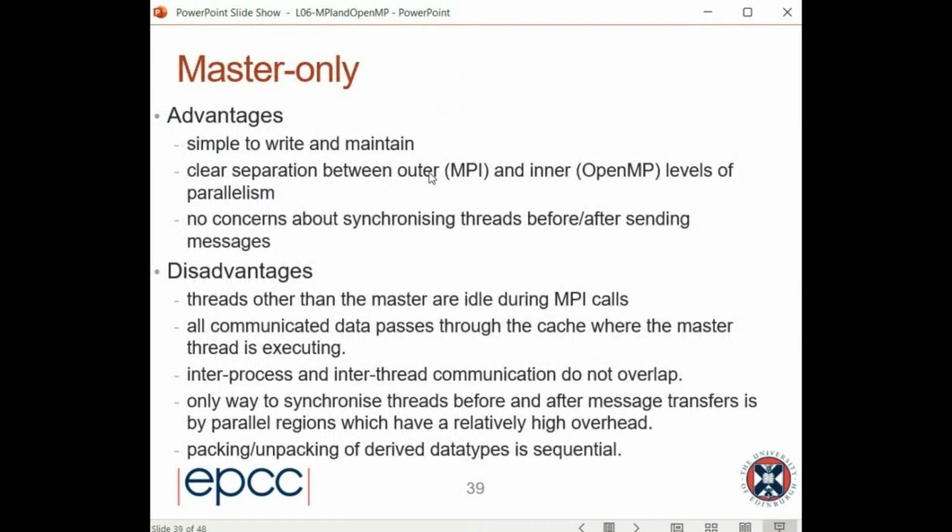So what are the advantages and what are the issues with these four styles of MPI and OpenMP programming? Well, clearly master-only is simpler to write and maintain. All you're doing is accelerating the calculation phase with threading. There's a clear separation between outer and inner levels of parallelism. The outer level is MPI, where you do all the communication, and then you have an inner level which has